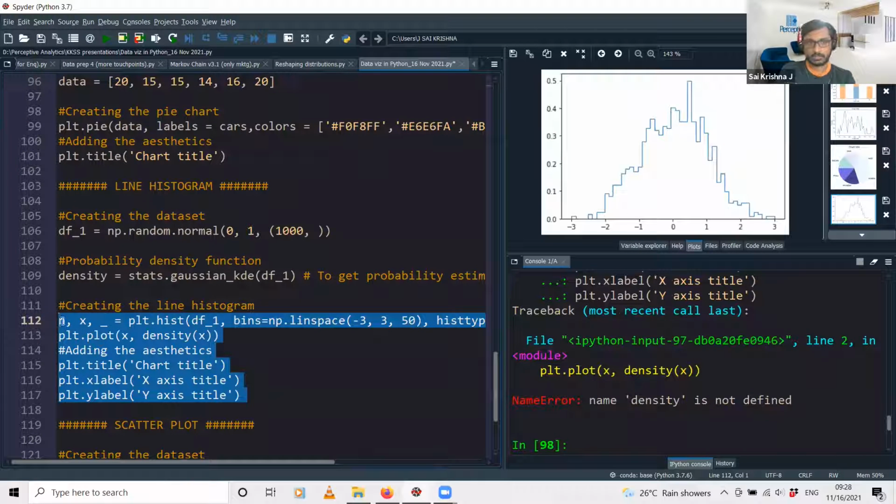Yeah, so here if you see we have obtained this histogram. The format looks like a step, right? We don't have bars here, but rather you just have the outline which indicates the frequency distribution of the values that you have in the data.